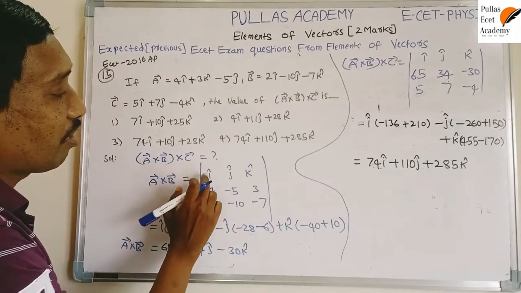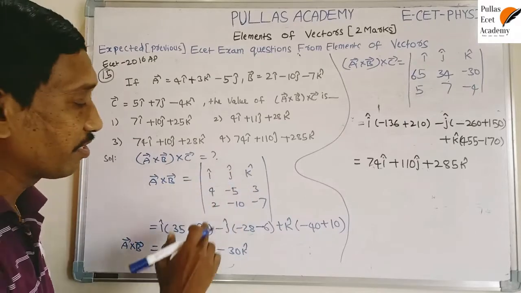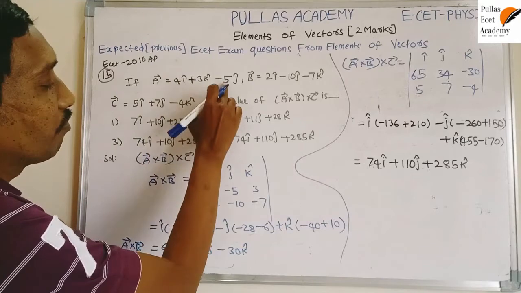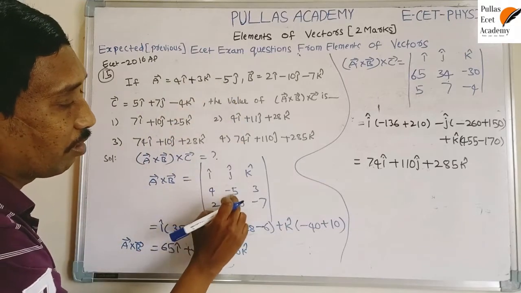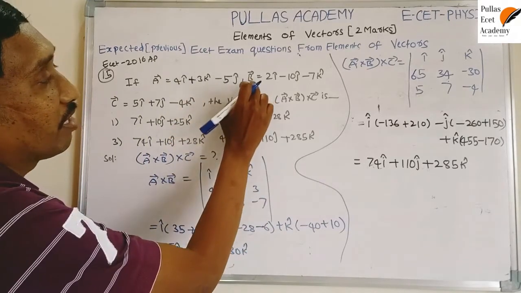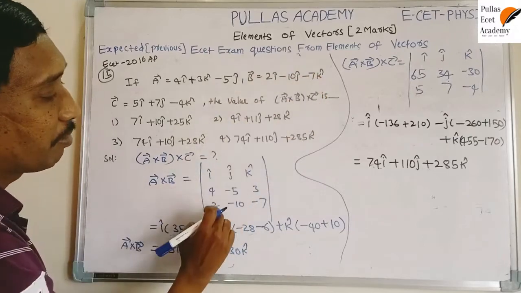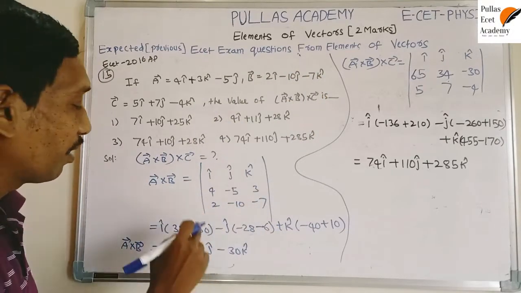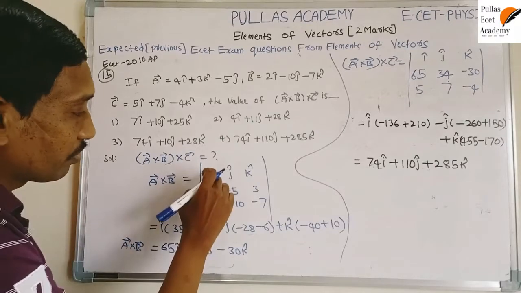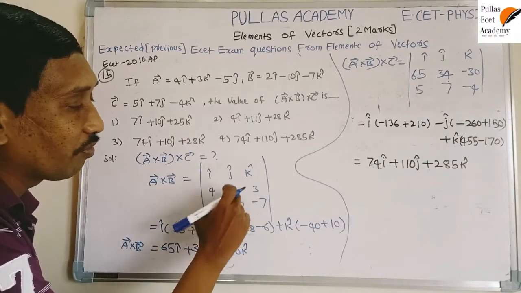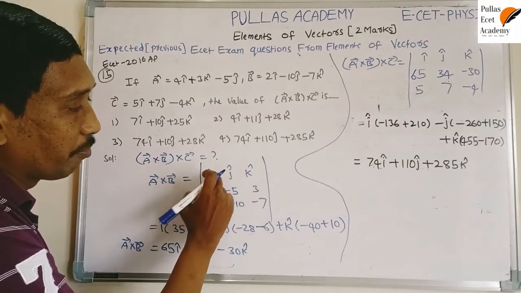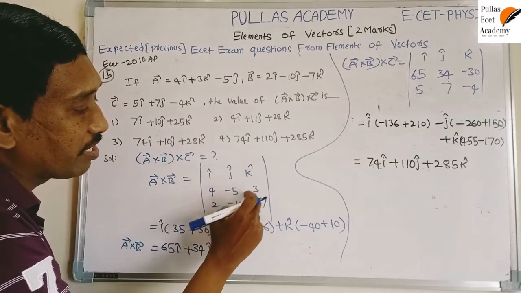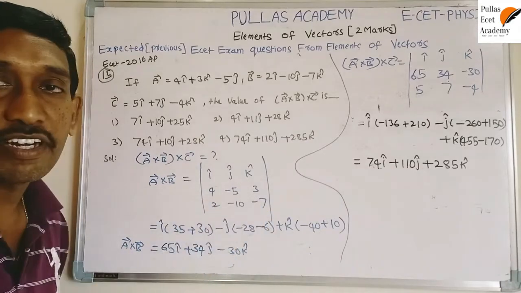First, write i, j, k unit vectors in the first row. In the second row, write the components of the A bar vector: 4, 3, minus 5, the X component, Y component, Z component. Next, write the X, Y, Z components of the B bar vector. Next, if you want the X component of the new vector, take the determinant of these 4 numbers. That means remove this column and row, take the remaining letters A, B, C, D. AD minus BC is the determinant formula.